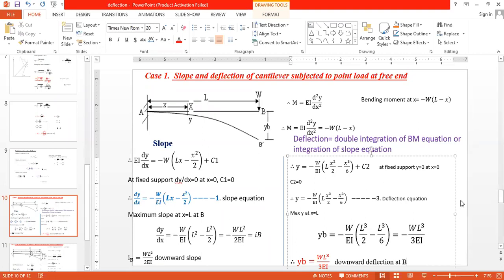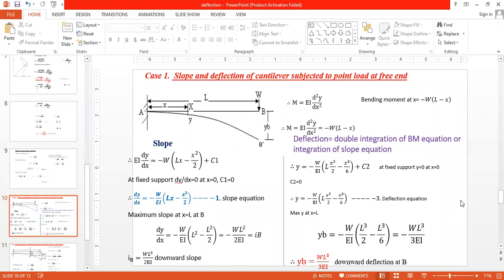Now, if you have a doubt, you can ask me. Yes. If you have a doubt, you can ask me. I will wait for a few seconds. If you get this one, you will get the next part also. The next part is simple. This is the first derivation, and the same derivations we are going to perform for different cases. Only some conditions are different. Any doubt? Okay. I will go to the next.